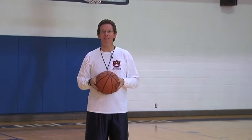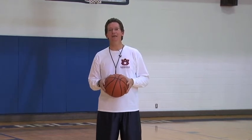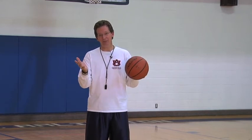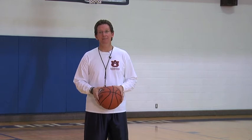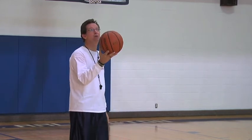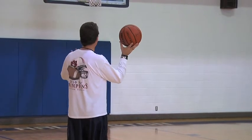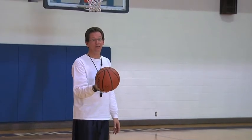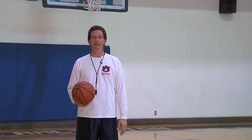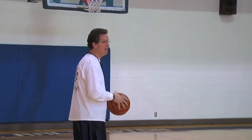Rebounding is a really important skill that you want to learn in basketball, okay? Just a couple of things real quickly about rebounding. When somebody takes a shot, let's say you're not the one that shoots it, somebody else shoots it, whether they're on your team or they're on somebody else's team. When the ball starts to go toward the basket, what you always want to do is follow the ball with your eyes, okay? You want to watch the ball, so you want to turn toward the basket when the ball is shot. In other words, let's say that somebody on your team shoots the ball. You don't want to keep your back to the basket when somebody shoots it. When the ball goes to the basket, you want to turn and face the basket